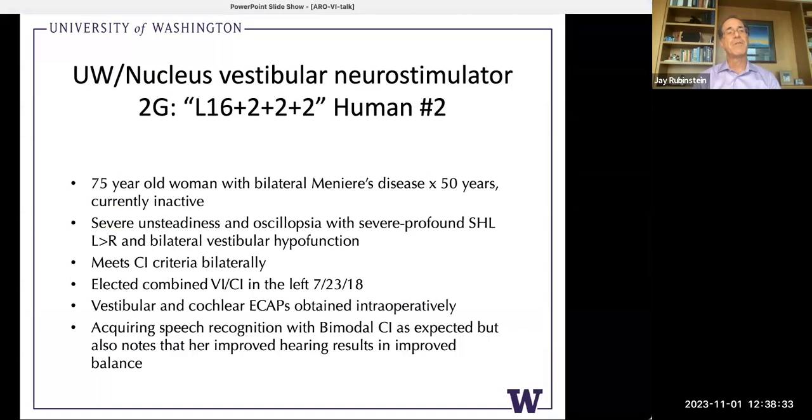So subject number 2 we pushed on was a 75-year-old woman who had had bilateral Meniere's disease for 50 years, but it had burned out. She was inactive. She was no longer having vertigo attacks, but she did have severe unsteadiness and oscillopsia with severe to profound sensorineural hearing loss bilaterally and bilateral vestibular loss. She did meet cochlear implant criteria bilaterally and elected to undergo this procedure with a combined vestibular cochlear implant in the left ear in July of